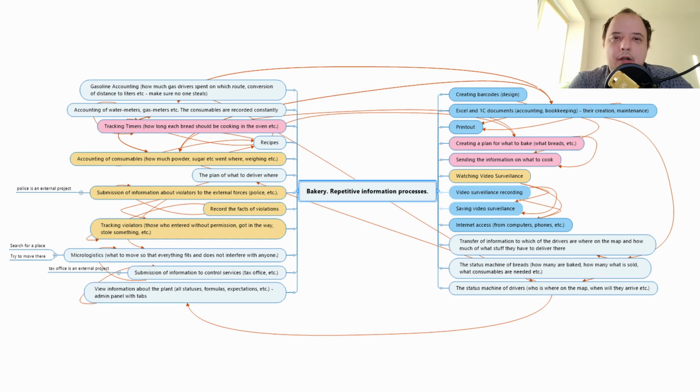As you can see, there aren't very many processes. Accounting documents and printing them, designing barcodes and printing barcodes, video surveillance, recording video surveillance, storage, internet access. So they do have like 20 repetitive informational processes or something, and it's a factory, right? You don't have any wiggle room. You have exact